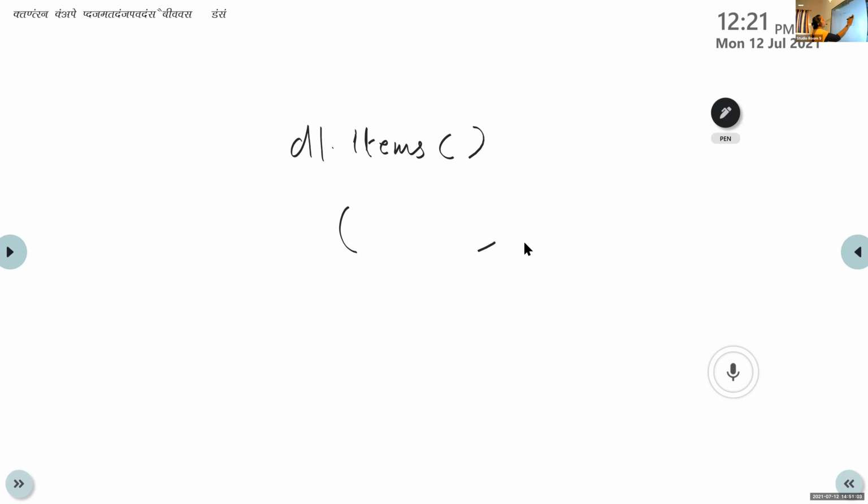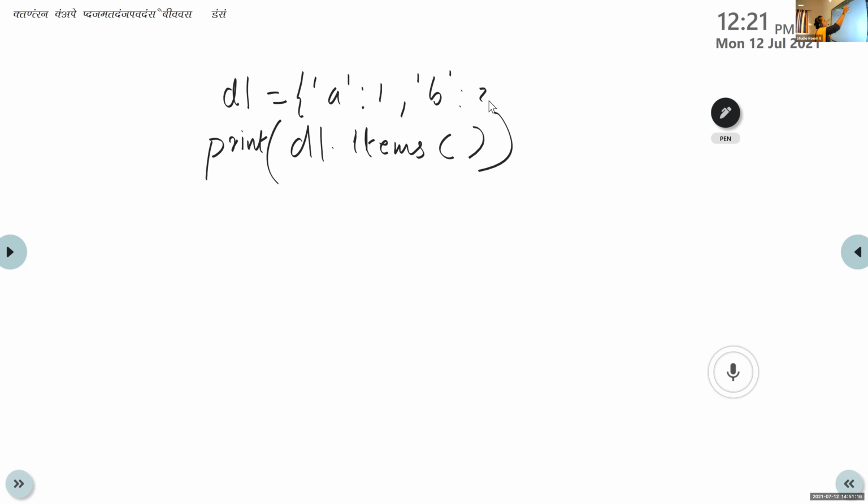Okay. So after executing this, I'm creating one dictionary, D1 is equal to A1, B2, C3. And print D1 dot items.